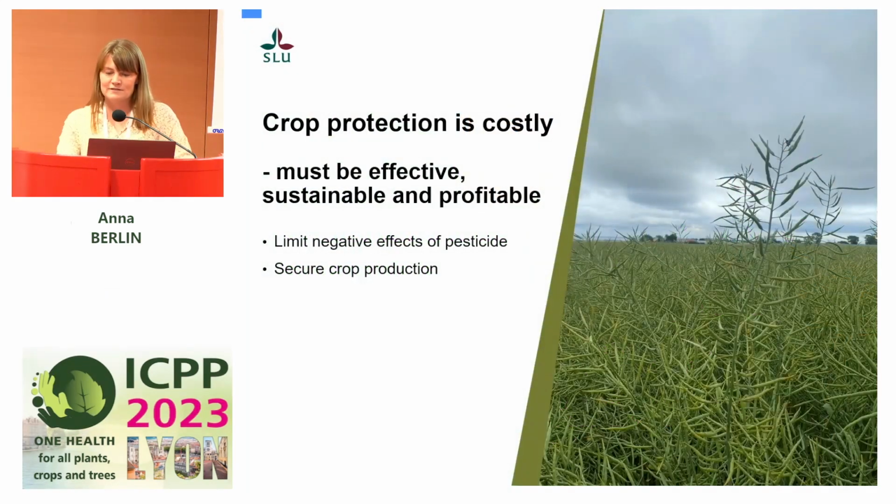I'm from Sweden, and this was originally planned for Swedish farmers. They are well educated, they have good resources, but they still spray a lot. They think crop protection is costly, so it must be effective, sustainable, and profitable. As you know, we try to limit the negative effects of pesticides, but at the same time we want to secure the crop production or the yield. So it's a balance. And we need scientific support to keep this balance with a very limited amount of